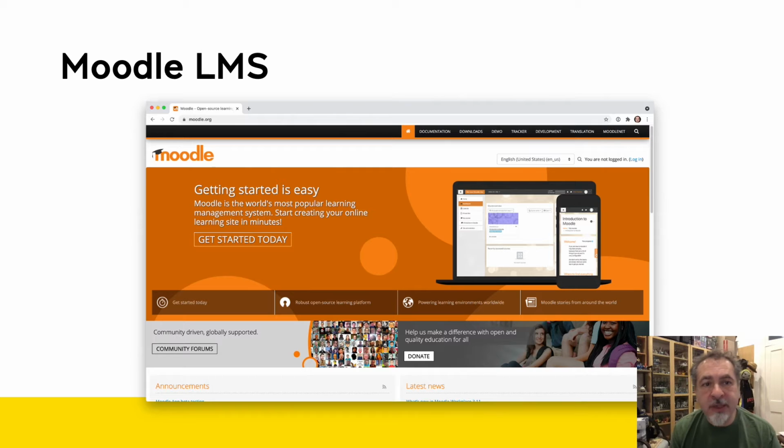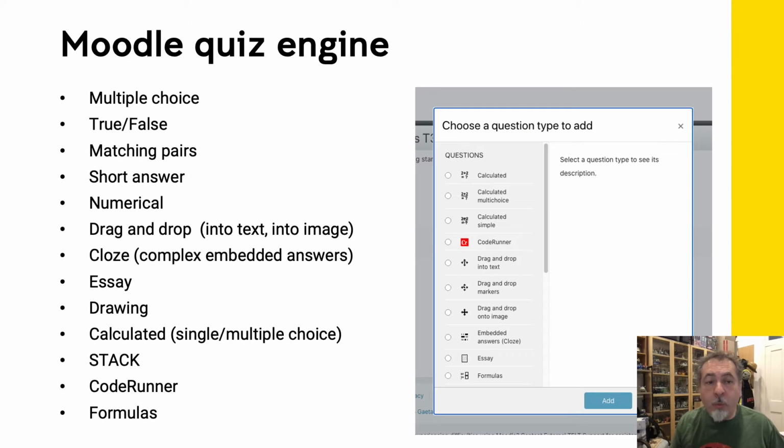Moodle is the learning management system in use at my university. It claims to be the world's most popular learning management system. And one of the nice things is that it's open source, meaning that there's been a lot of community contributions over the years. The one big strength of Moodle here is the quiz engine, and that offers a lot of